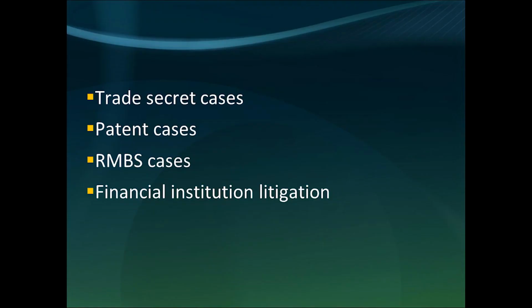Evidence from other proceedings comes into play in all kinds of cases. Here are just a handful of types of cases where I've personally seen these issues come up in the last several years: trade secret cases, patent cases, fraud cases, such as those relating to residential mortgage-backed securities, and contract disputes between financial institutions. But they really can come up in any case where an entity has been involved in prior proceedings. The main element that drives the production of evidence from other proceedings is relevance.